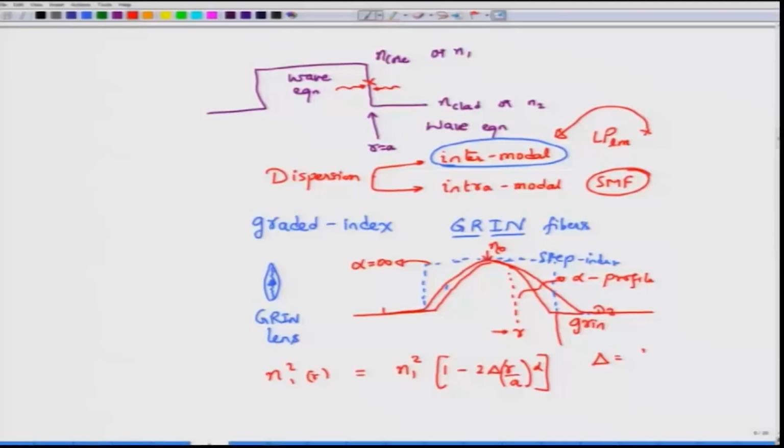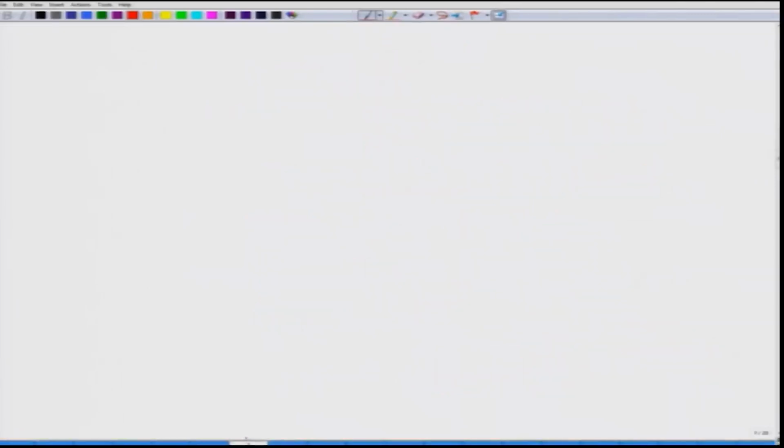Delta, of course, is what we have defined earlier, or maybe we will define it slightly differently in this case, as n core square minus n clad square divided by 2 n core square. So, we will define delta in this manner, which can be approximated as well, which we do not need to worry about. Okay. The question is,